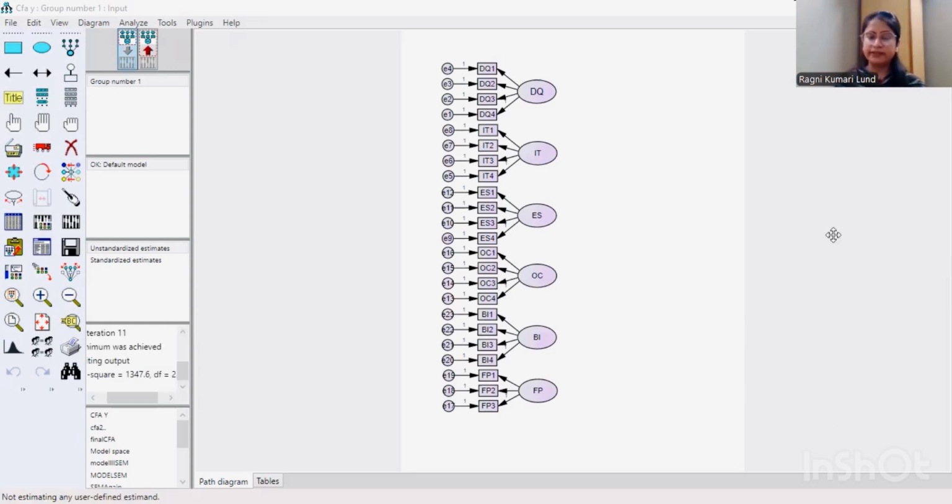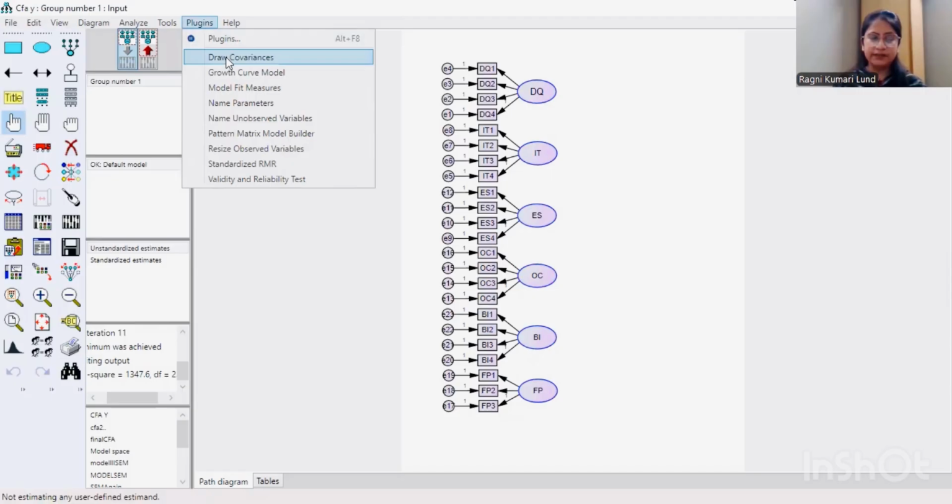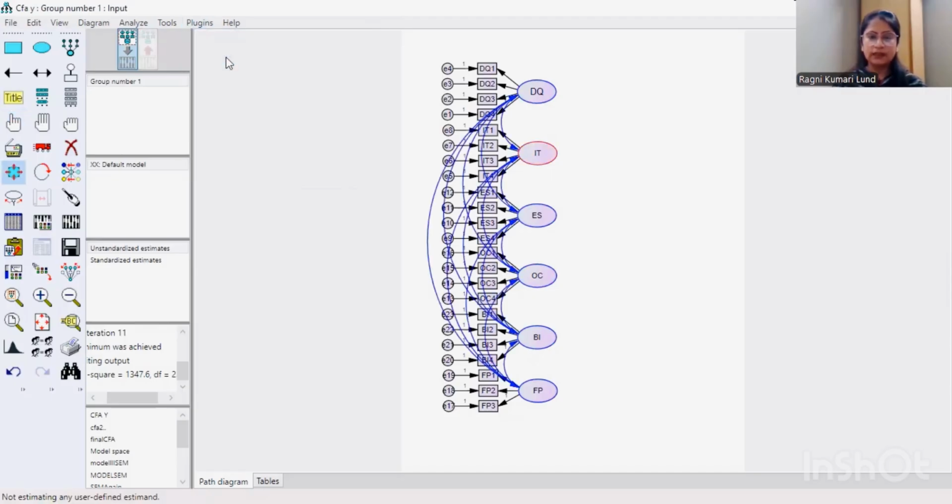Now, moving towards technical analysis, before reliability and validity, we have to see model fit measures. First we have to select variables. Then go in plugins and draw covariances, because all these variables have relation with each other, so it's very important.